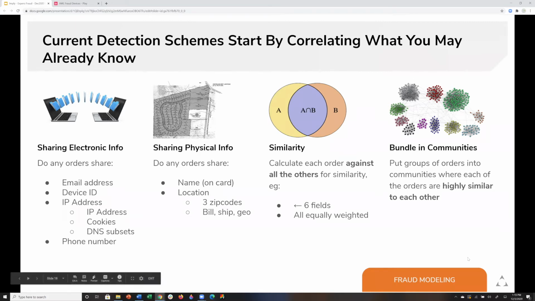So no fraud systems start out with an empty database, right? You typically want to bring in new data that is comparative in some way with things that you already know. So usually we start with modeling your current corpus of data, and then align the new incoming data along a handful of parameters. So number one would be, what sort of electronic info do the new orders share with things that I already know, right? Oftentimes you have email addresses, you have IP addresses, cookies, that sort of thing.